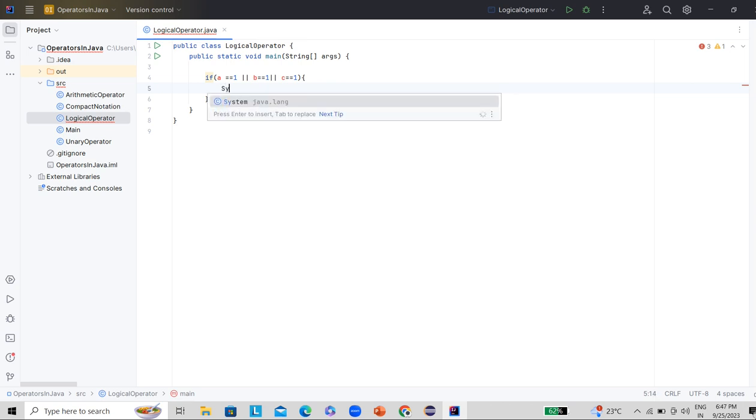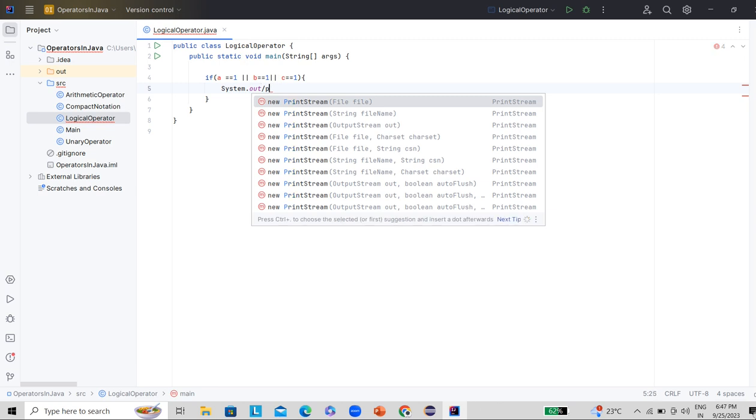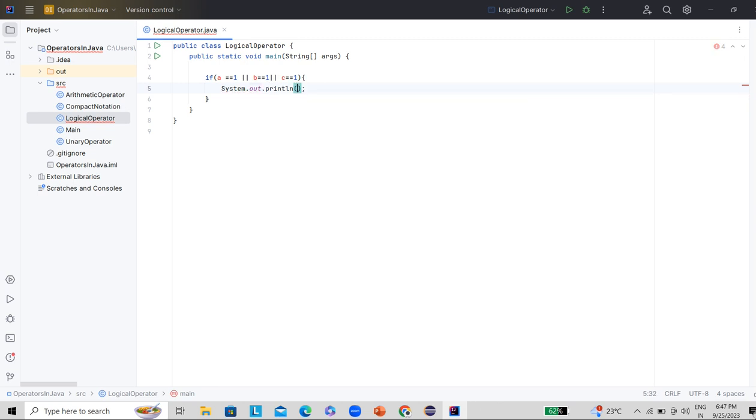Then only it should come inside the if block, and whatever statement is written there will be printed. So here there are three conditions, one, two, and third, which are combined by the OR operator. In this case, if either this condition or this condition or this condition is true, then only it will come inside the if block, and then we will see that output.